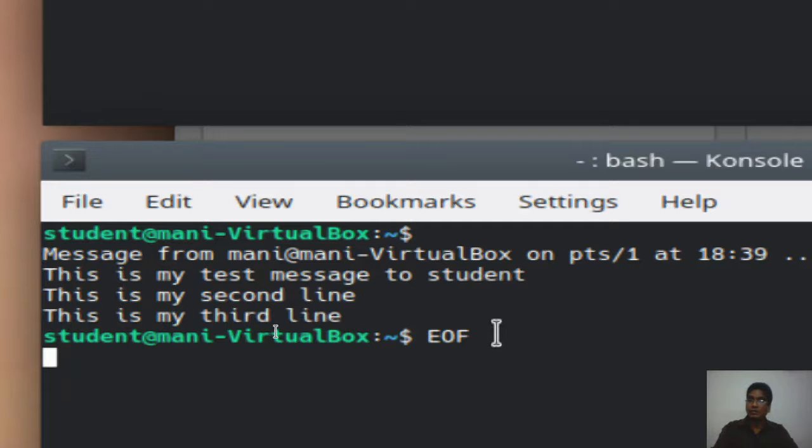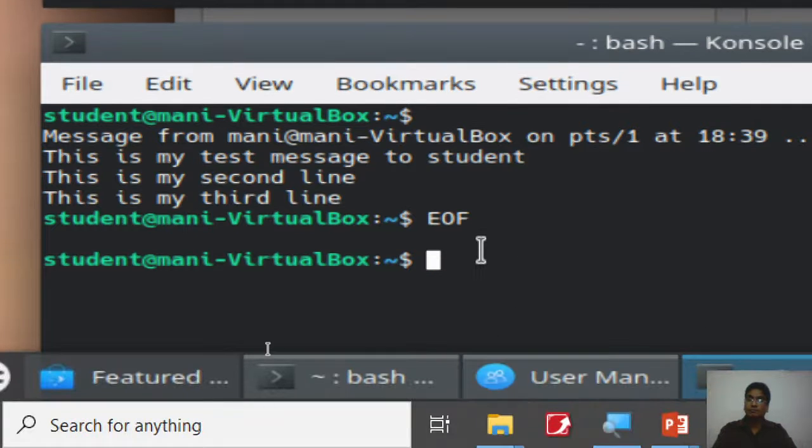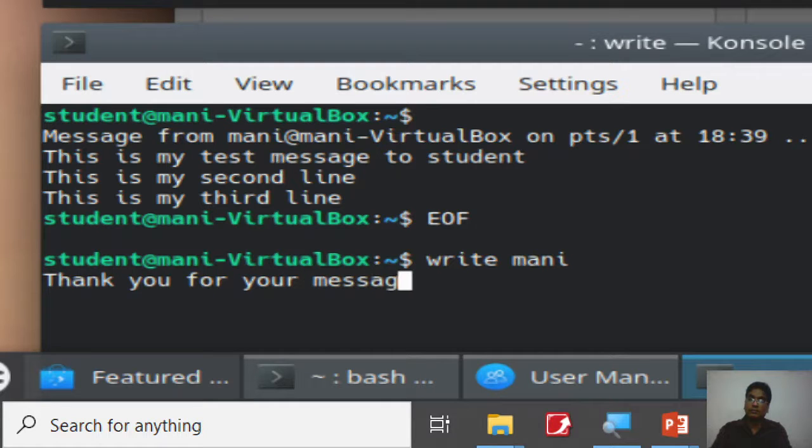Okay, so if this user wants to type anything, let's say, whether I have permission, I don't know. So this person says write to money, and then, let's say, thank you for your message, and have a nice day, and this person has typed.